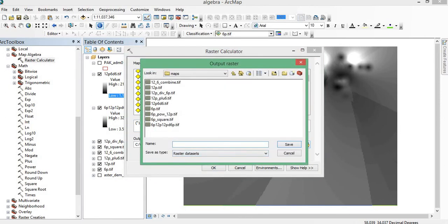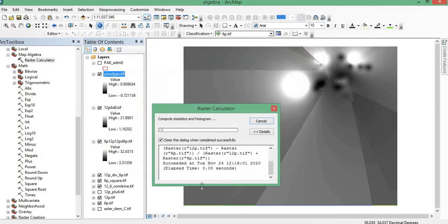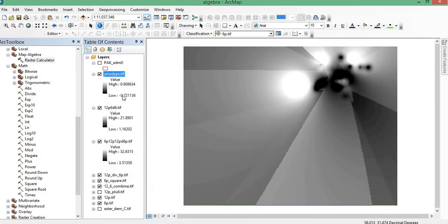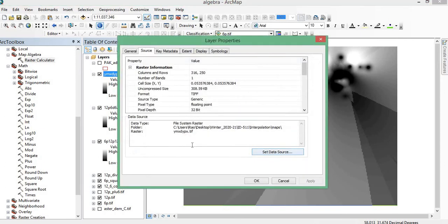So it is y minus x divided by y plus x dot DIF. Now you can see the data is from minus 0.72 to 0.90. So data is also in float. It is also in floating point, you can see.